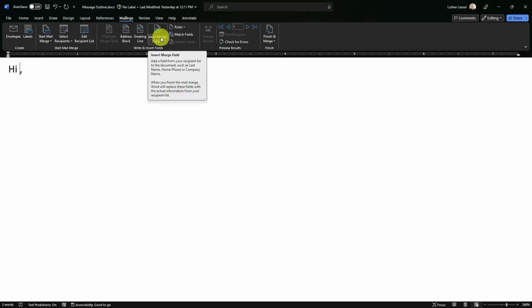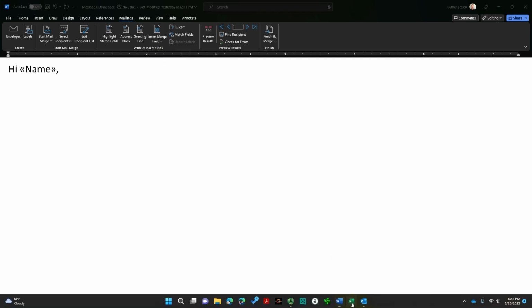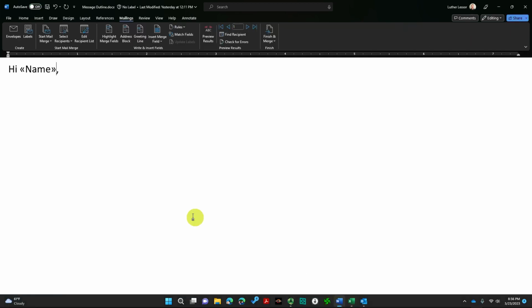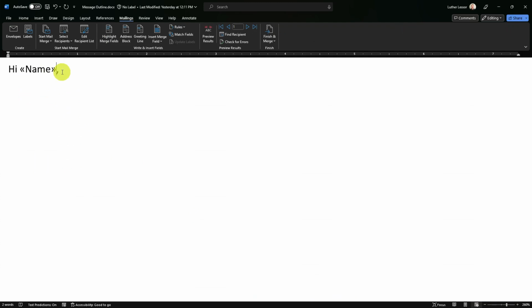I want to insert a mail merge field. This is where I'm wanting to drop the name of the person. So I'll go ahead and do that here. I've got that in a name column here. I guess it's probably important to mention I don't have to format it as a table, apparently. It will just look for table information, and it's going to grab that top row as headers when I'm filling in that form. So it's important that I have those in there. And I'll show you how to preview this, but right now it's just going to put the title in that spot. So hi, name of person.